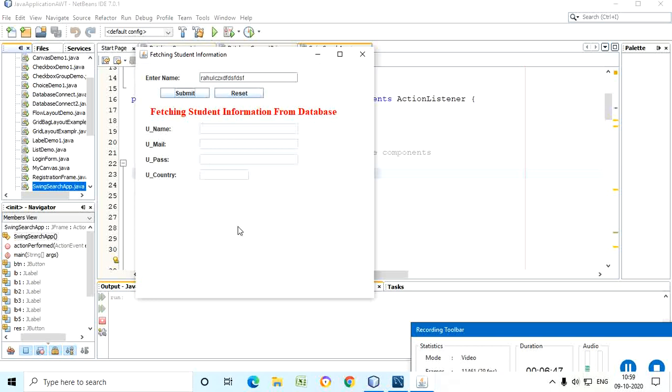In order to create such a GUI, what do you require? You require this label, and this label. Then you require a text field. Then you require buttons, one for a submit operation, one for a reset operation. Then you again require four different labels, because we want to show the extracted data also. And in front of these labels you require some text fields, so that you can display the extracted data by using these text fields. I think the basic idea of creating this type of GUI is clear to you.